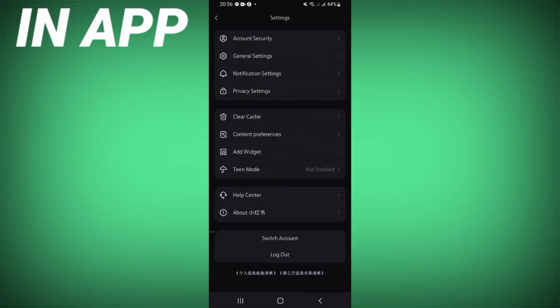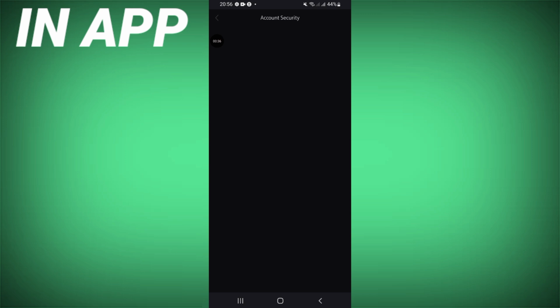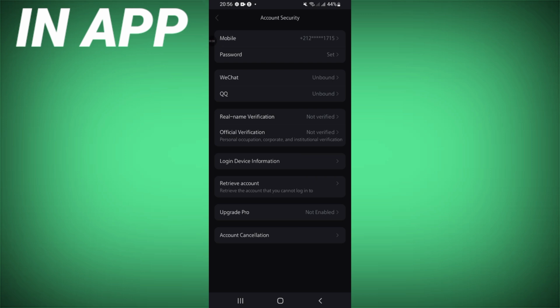So when you click on the settings, you will go directly to the settings page. Click here on general or account security settings. Right now you're gonna find this list, go to account cancellation, click on it,